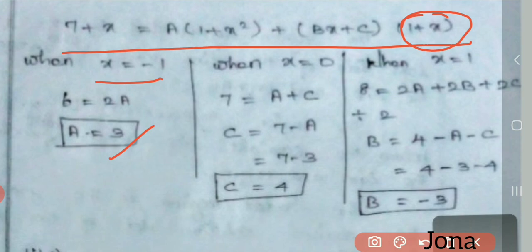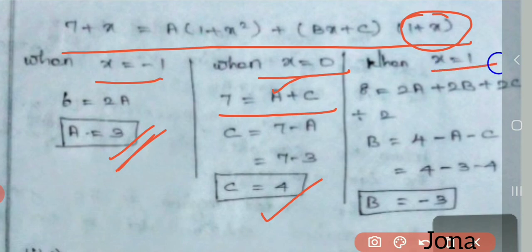Okay, and then simply I want to put x equal to 0 in the same long equation. I will get 7 equal to a plus c. Already we got the value of a here. Substitute this a. So we can get the value of c as 4. And then simply I want to put x equal to 1. Okay, there is no necessity. You can put either x equal to 2 or 3, something also you can substitute there. Any number you can take for the substitution.